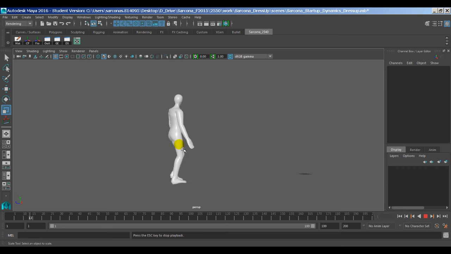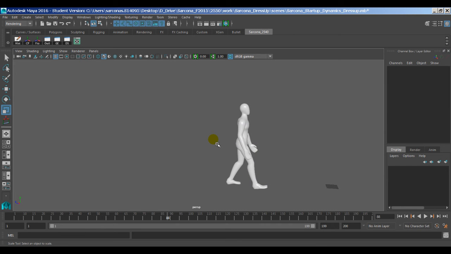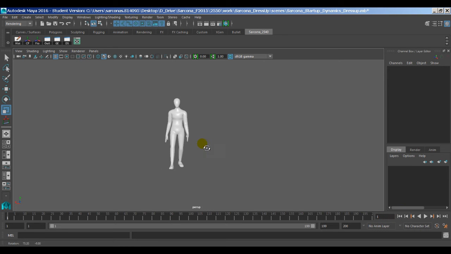All right, so one thing that's going to really be important is that we don't want him to just start walking right away. Okay, what we're going to need to do is have a period of time where he's just kind of like hanging out and chilling and relaxing. All right, that way we can make sure the hair looks good, make sure the clothing looks good. He's in a more natural pose. Okay, so I want to create that kind of setup before we even get started with the hair and fur and